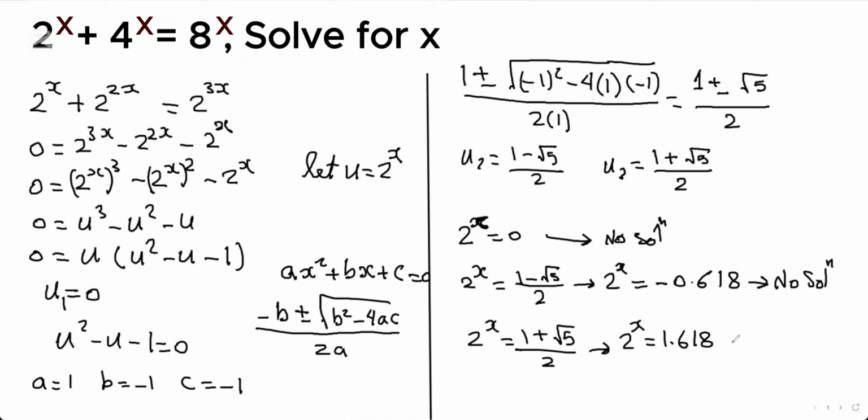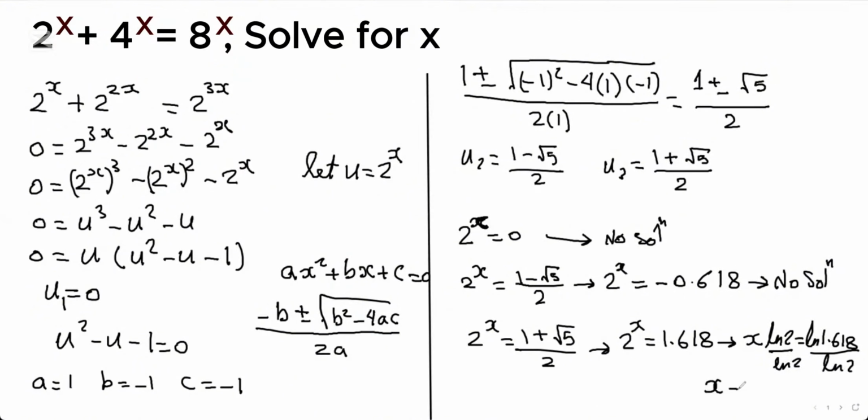And to solve this expression, I have to ln both sides. So when you ln this side, the x is going to drop, and you're going to get x ln 2 equals ln 1.618. Now I divide both sides by ln 2,